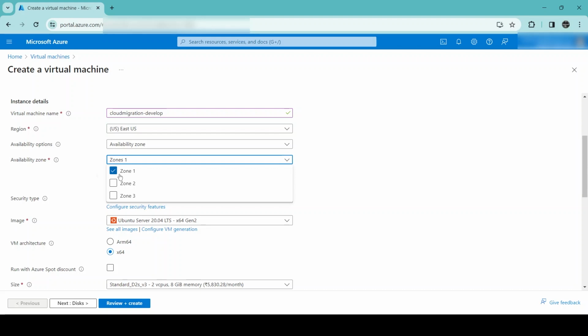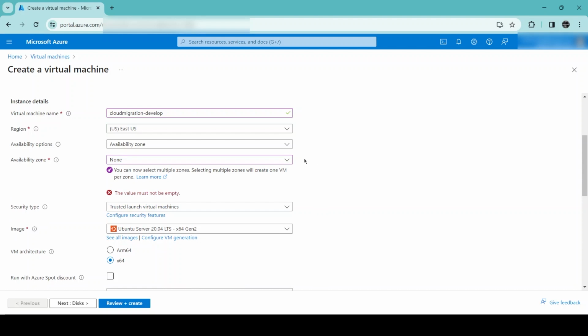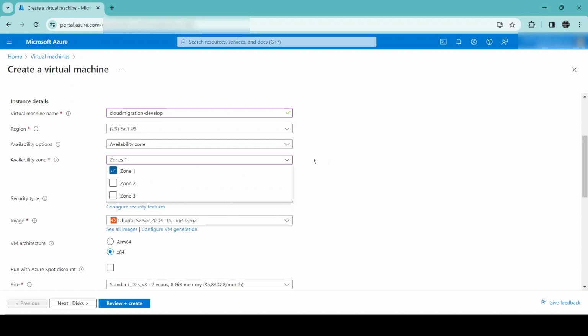If you want to further increase the availability of your application, you can tick more zones here, but it will incur additional cost, depending on how many availability zones you choose. So here only one I am selecting,